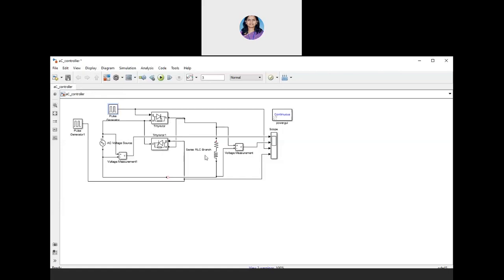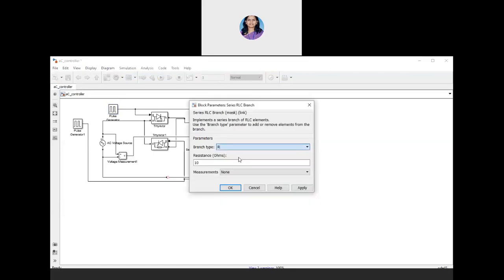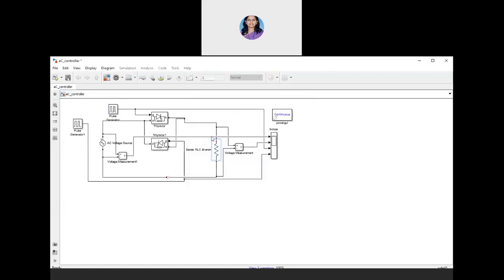The load branch, here we have RL. We can also change it for R or the other load. So in the first case I am showing the output for the resistive load. Let us run the model. The model is compiling right now. I will show you the output that is related to the R and RL load sequentially. Just wait for 1 minute. The model will run, and we can see the output on the oscilloscope.